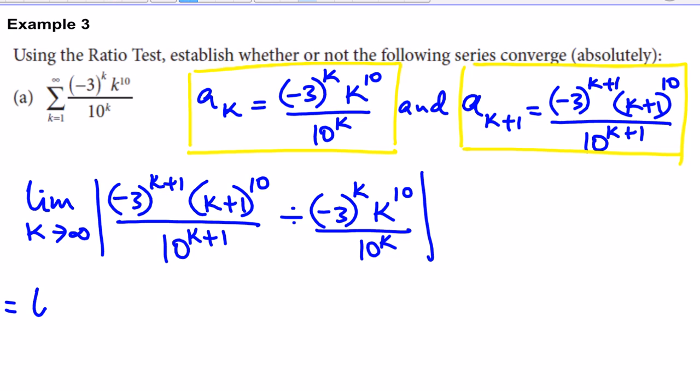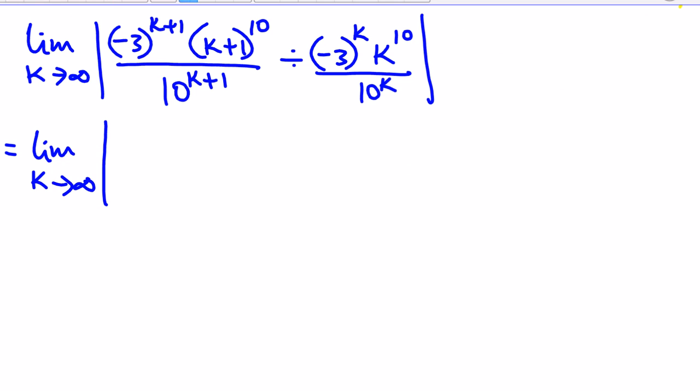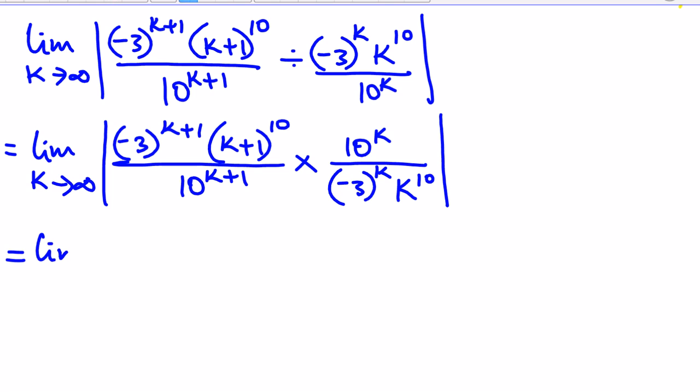So that will be the limit as k approaches infinity of the absolute value of (-3)^(k+1) times (k+1)^10 over 10^(k+1), multiplied by 10^k over (-3)^k times k^10, which will be equal to the limit as k approaches infinity of